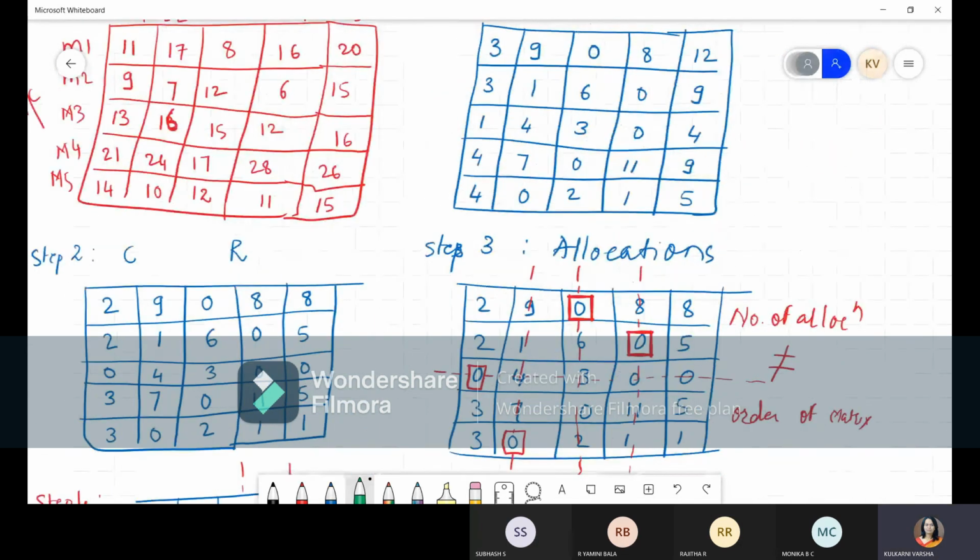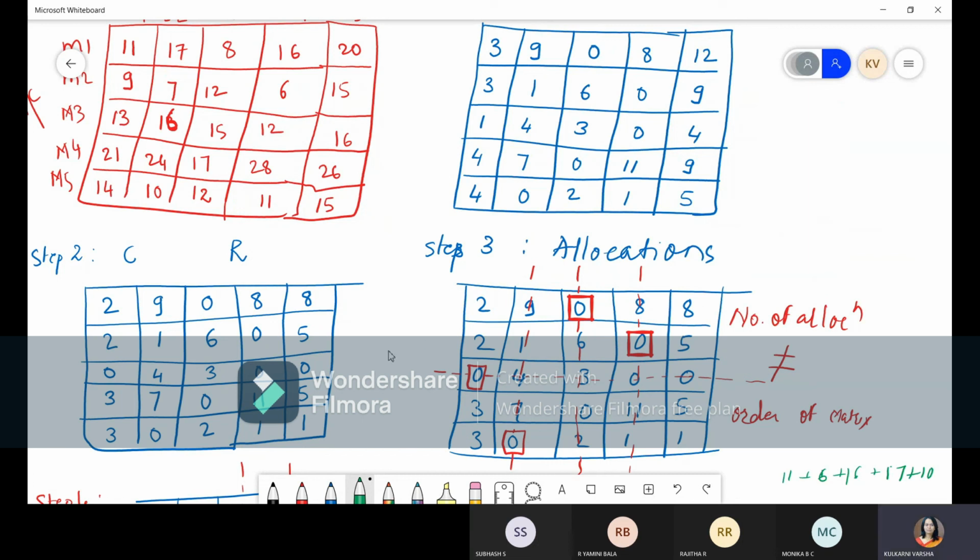Anybody can write 11 plus 6 plus 16 plus 17 and then 10. Is it correct?